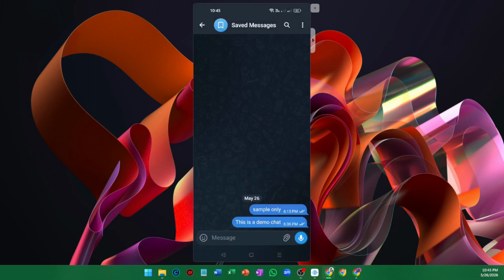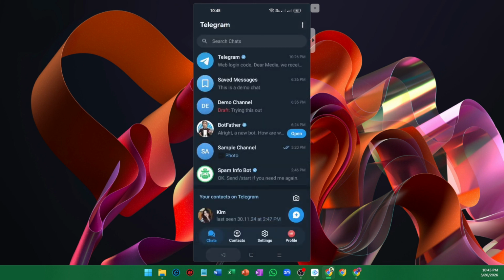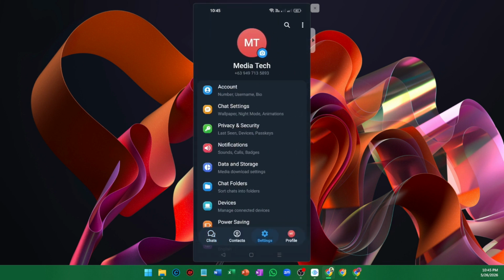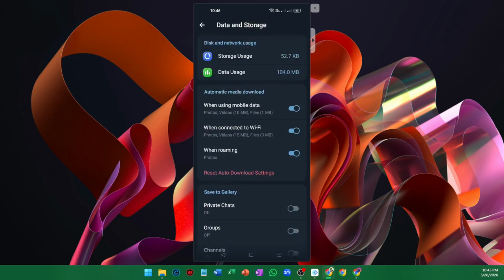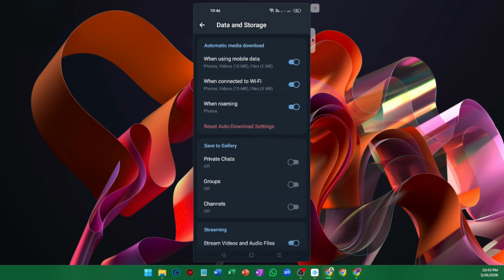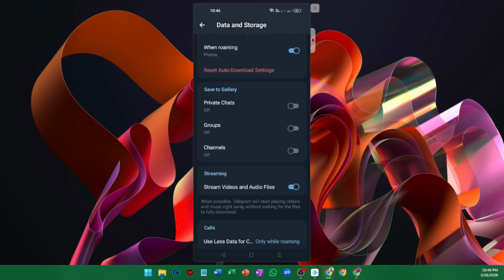Next, head to Settings, then Data and Storage, and turn off auto download media for both Wi-Fi and mobile data. When auto download is on, large queues can build up in the background, competing for bandwidth and stalling video playback. Disabling auto download temporarily frees the connection so videos can start cleanly when you tap them. You can always turn auto download back on later, but for now, keep both toggles off and try playing the